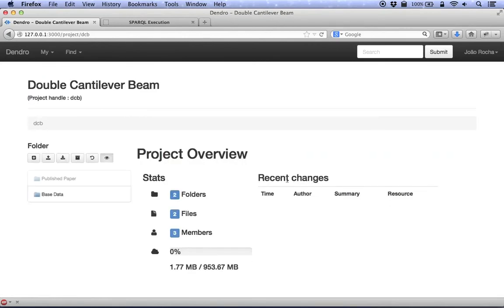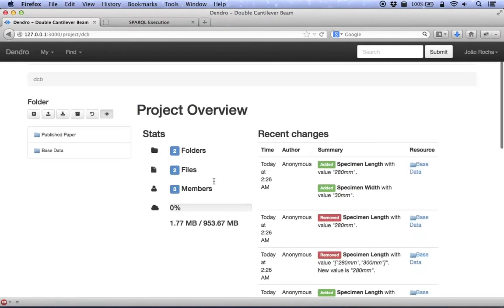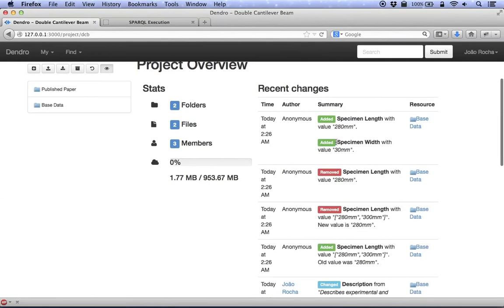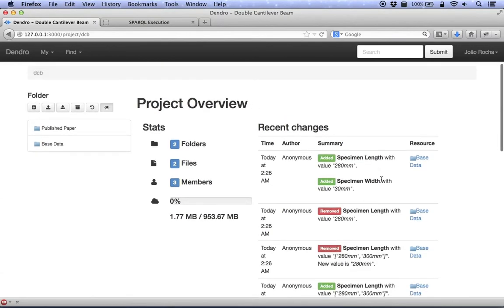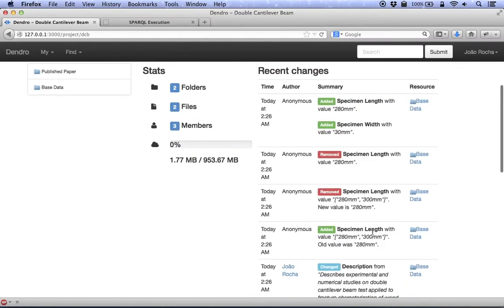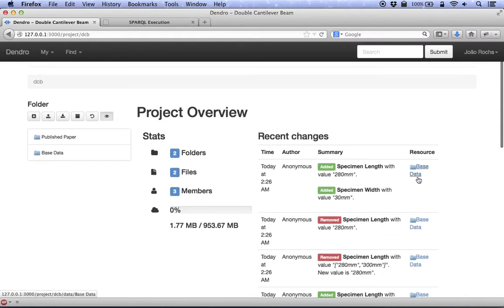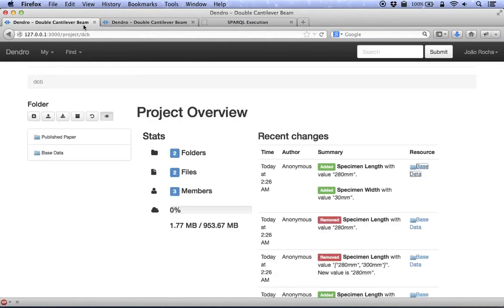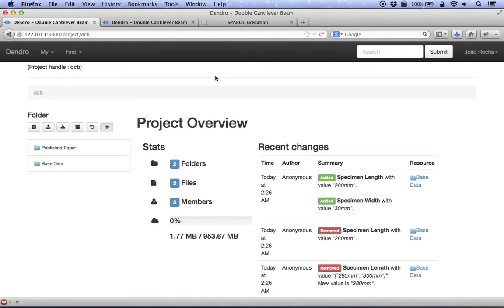As you can see, this contains, for example, the history changes of the project, all over the project. In this case, we see the recent changes on the right side with the authors and the respective resources that were changed, the respective folders or files which the metadata was added or manipulated. We see the statistics in this project. This is calculated directly using the MongoDB database to show an overview of the size of the project